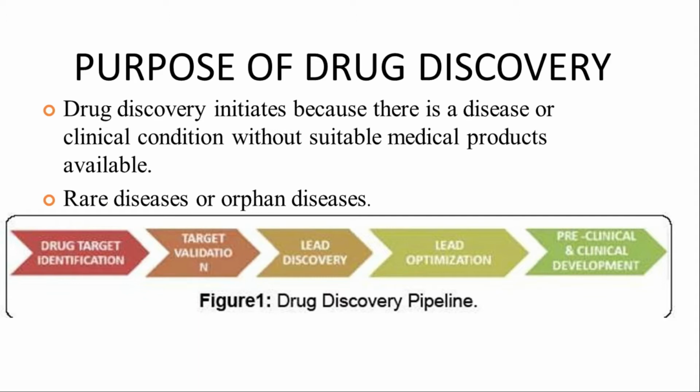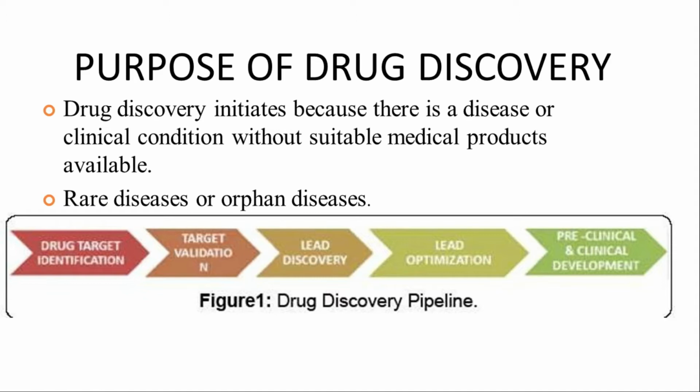So first is drug target identification. Drug target identification is the initial step where we study the target, and on the basis of that target we design our molecule or fabricate our molecule to act over the target. Next is target validation. As we do instrument validation or any process validation, target validation is also a process, and it should be validated that yes, this is the structure of the target that we have focused on.